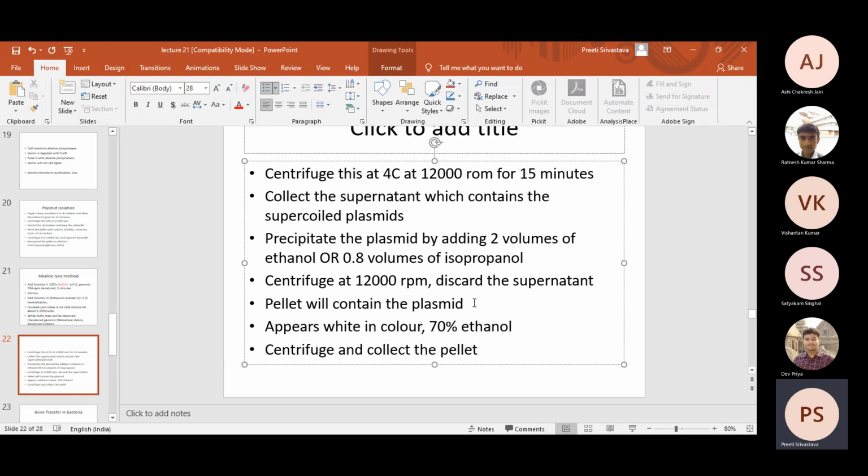Now, there are two possibilities. Once you have collected the pellet, many a times RNA also comes. So people use two different methods. Either at this step you dissolve the pellet in TE buffer, and TE buffer is Tris EDTA buffer. So the DNA is most stable in TE buffer of pH 8. EDTA, if you remember, we discussed in the class, chelates magnesium ions, which are cofactors for DNases. So if DNases are not active, the DNA will not be degraded. So the pellet is dissolved in TE buffer for long-term storage.